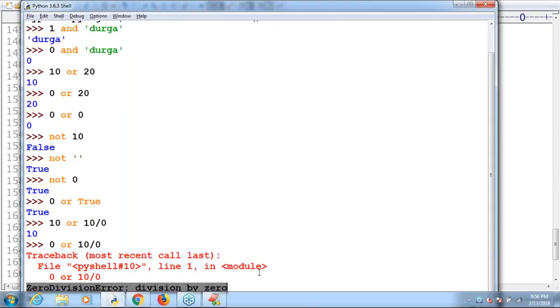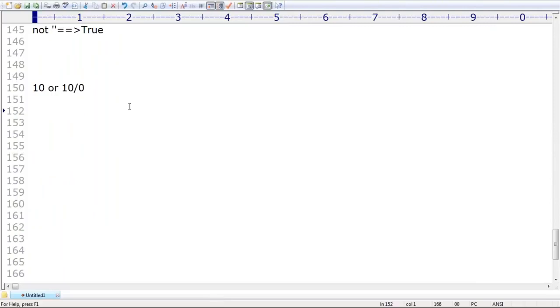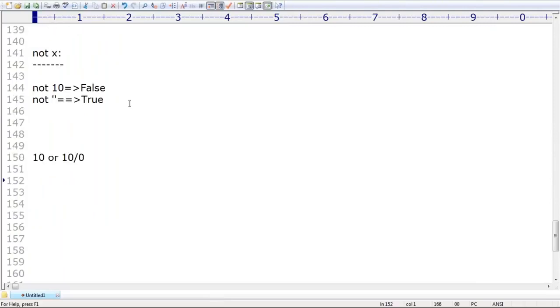Everyone can understand, right? Zero division error like this. Good. Okay, that's all. This is more than enough, not required to talk more. Sir, if you have any 1 or 2 doubts, what you can do? Just execute and confirm the thing. Still, if you don't get it, please let me know. I will explain. Don't worry, sir.